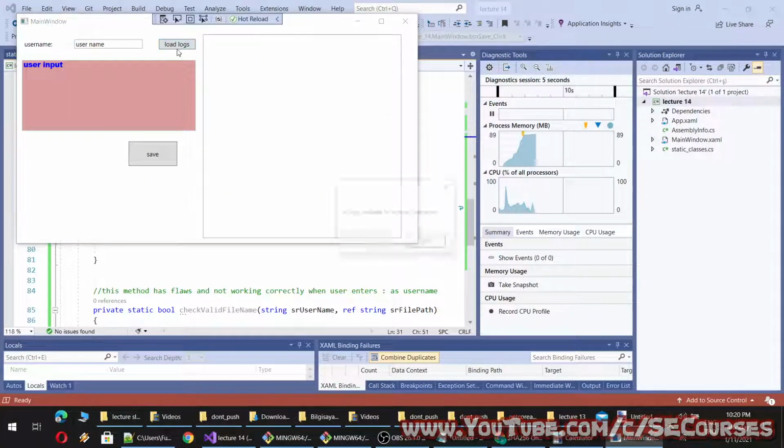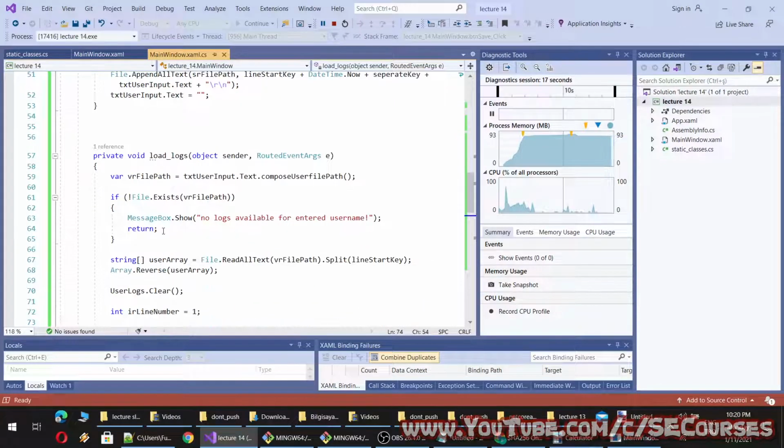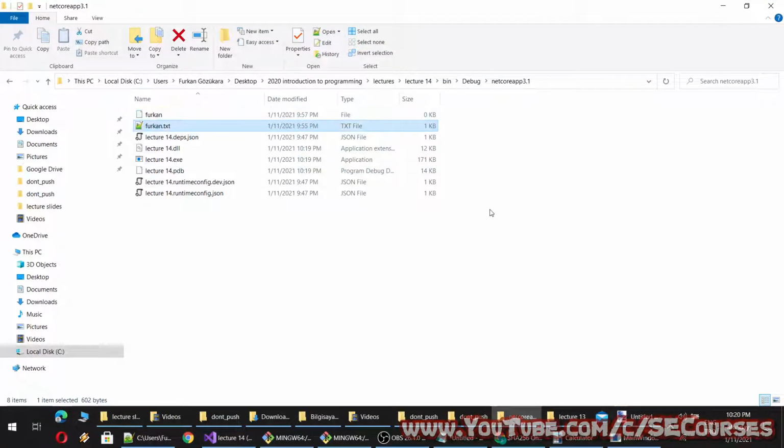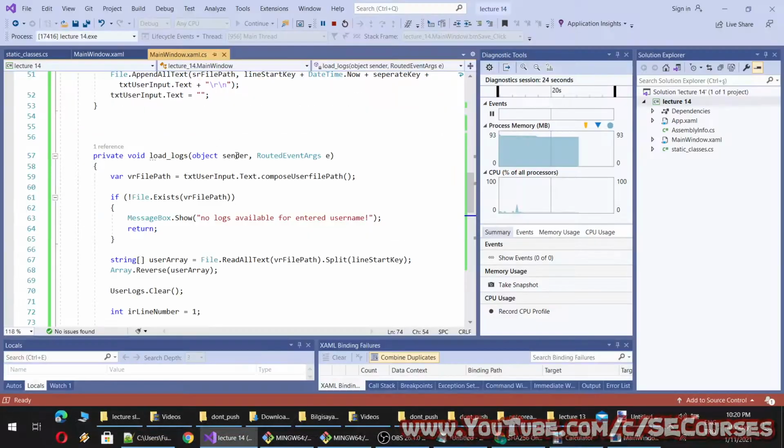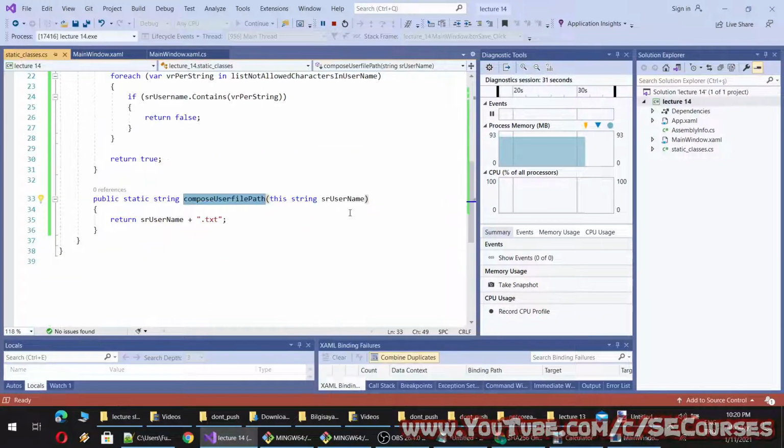Okay, let's log logs. It says no logs available for the entered username. And we have it for Furkan. Let's log. Okay, it still says no logs available because let's see, Furkan.txt is here. So our file path has a problem because let's add a breakpoint to see where is our problem.